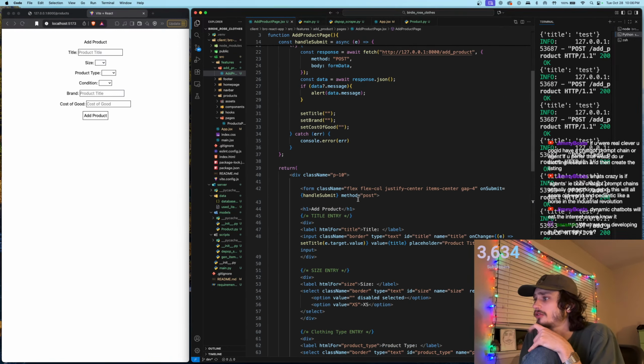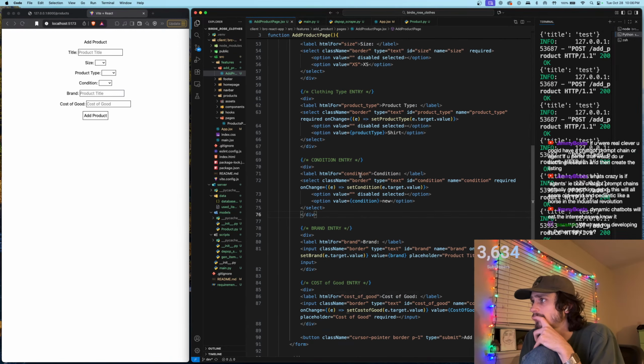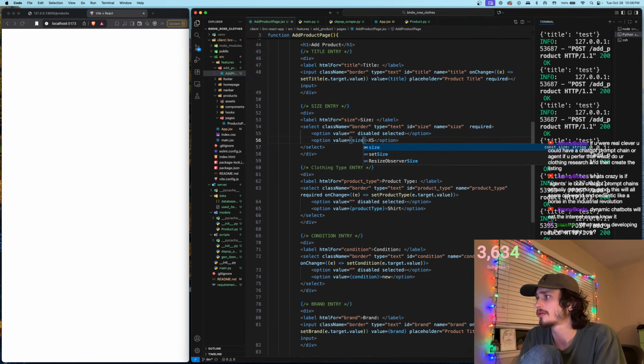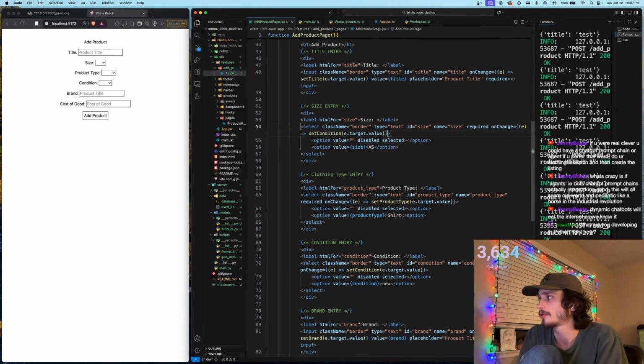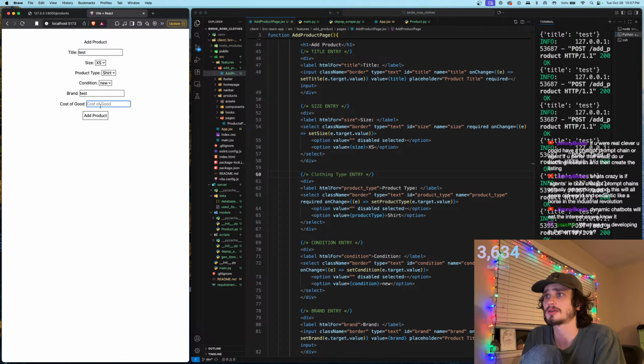So we just need to do it for size now. Size is here. Value of size. And we're going to set size to the target value. So if I do test, extra small, shirt, new, test, cost of good,